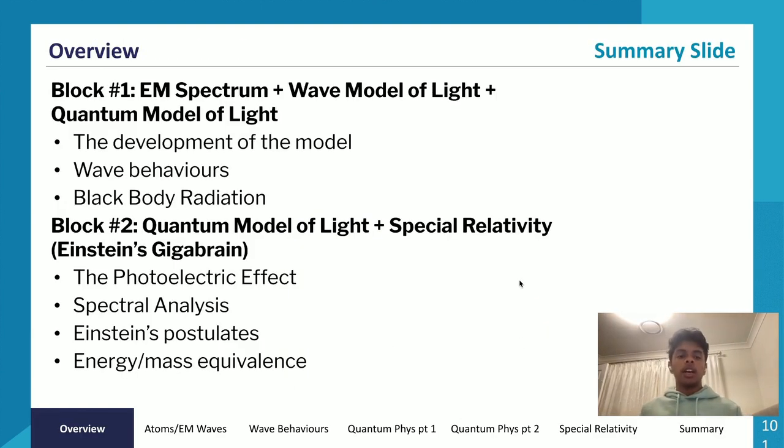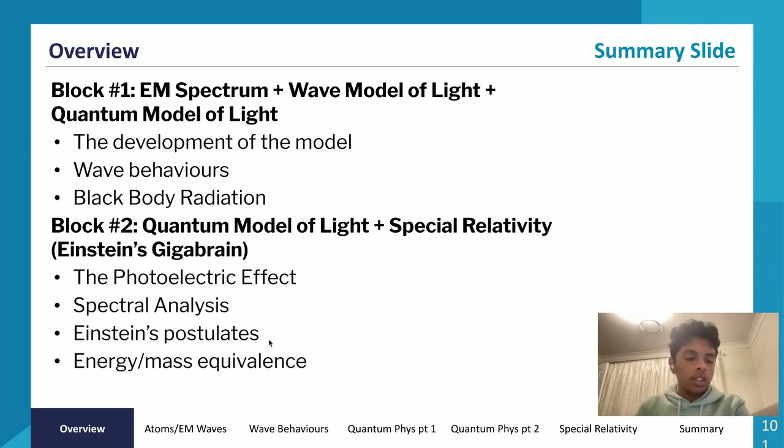In our first block, we looked at the development of the model of light, so the different models. We went through the corpuscular model won, then lost, the wave model won. Then we went through the wave model lost and the photon model won. So you can see now, as scientists, we are continuously evolving our understanding and our models of phenomena based on experimental evidence that we get. We also looked at wave behaviors, so Young's double slit experiment, diffraction, interference. We looked at historical methods for determining the speed of light. We looked at blackbody radiation, which segued us into the photoelectric effect and the ultraviolet catastrophe.